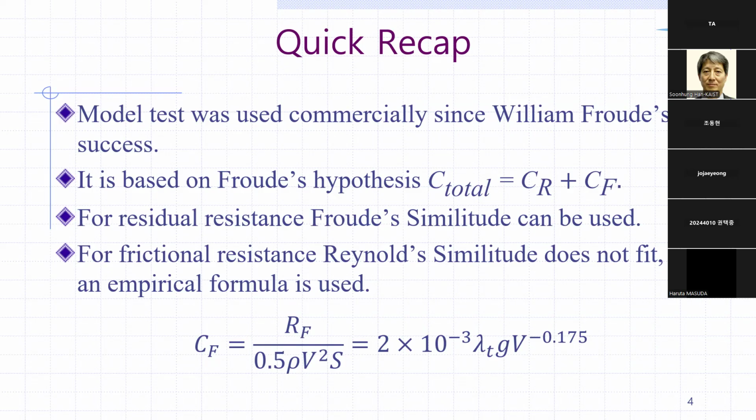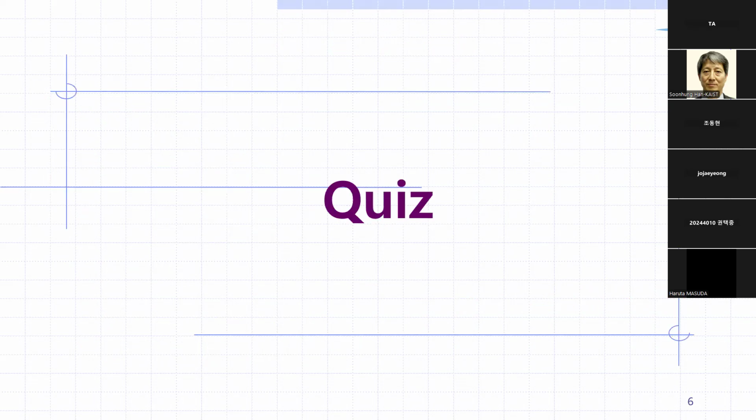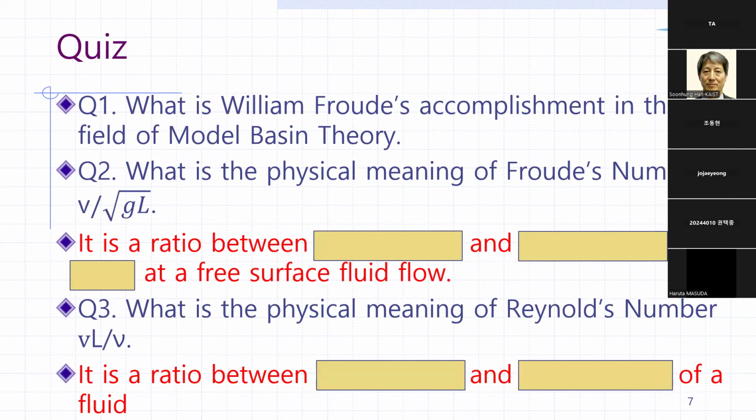So people have come up with an empirical formula that fits, and below you can see the formula. This is how you can calculate the resistance of a ship based on the model test. If anyone wants to try it, you can see this on my Patreon. I'll have three questions, and question number 1 is, what is William Froude's accomplishment in the field of model-based